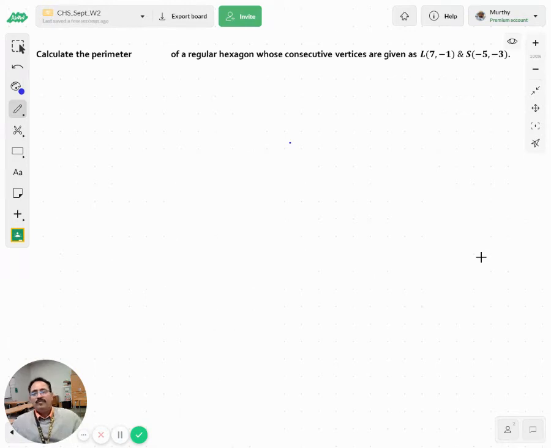The perimeter of a regular hexagon. So here I'm looking for a regular hexagon. Okay, let's find the perimeter of a regular hexagon. I know that perimeter means the total length of the boundary, and regular means a polygon in which all the sides are equal, and I know that a hexagon has